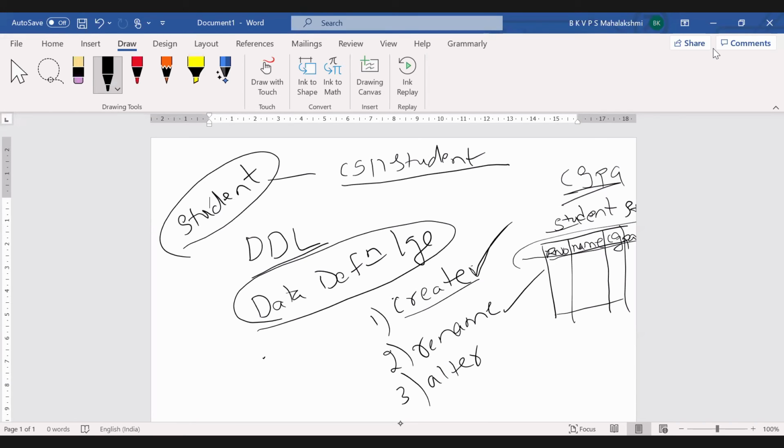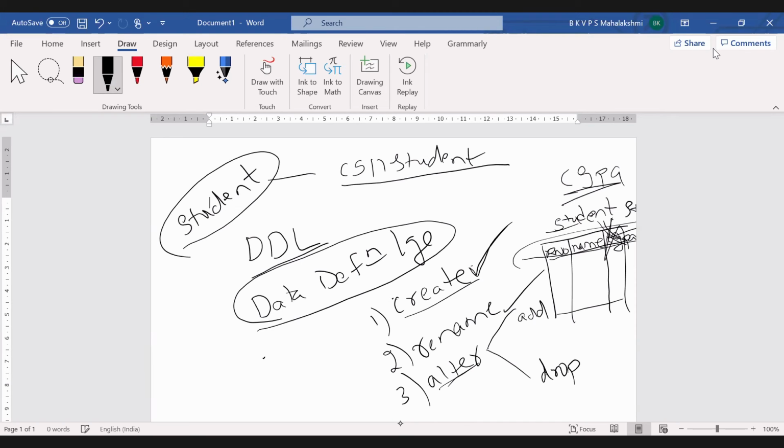So these are the attributes. And if you get a thought like, no, I don't want to give the CGPA for my table because it is not required, then you can remove it with the alter command only. We have one more sub-concept under this: we can add one more attribute with the alter command by giving the add keyword. And you can even drop attributes in the table. That can be done using the drop keyword.